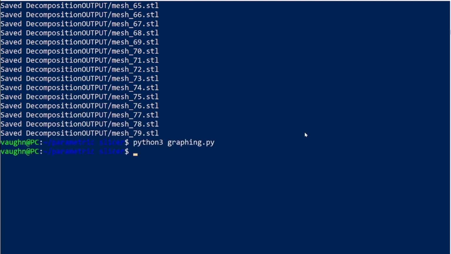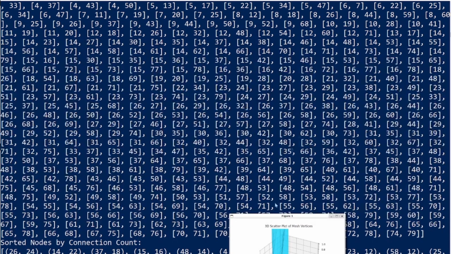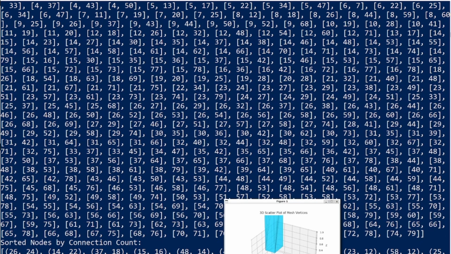And then after that, we're going to run one more script here, and that's going to be the path program, which will create a path that we should go through. For this first test, I just want to start with whichever node has the most adjacencies, and then go to the next node that it's connected to that has the most adjacencies, and just work that through. So we're going to run that,